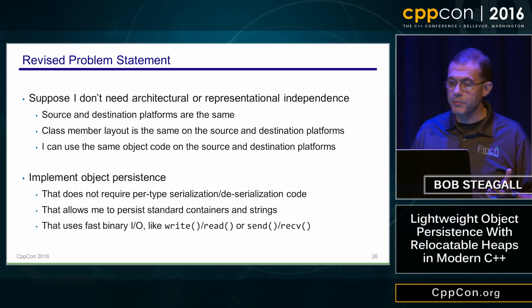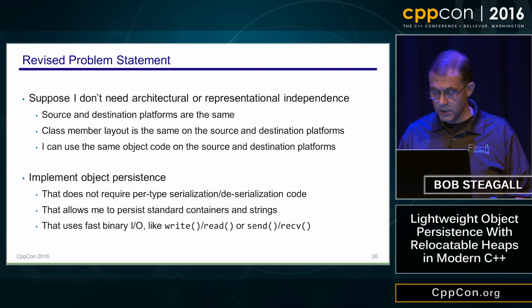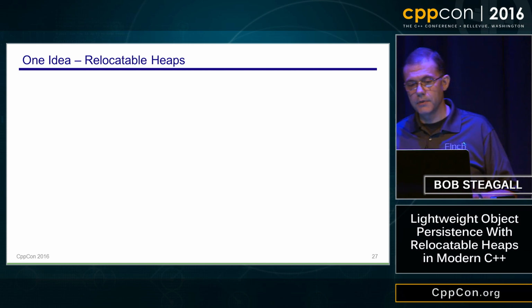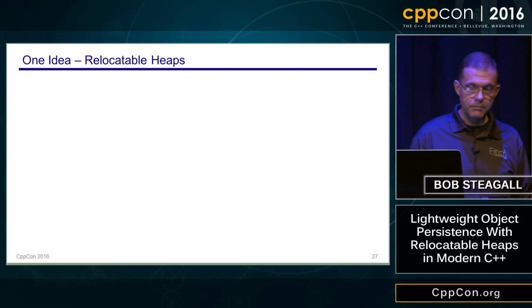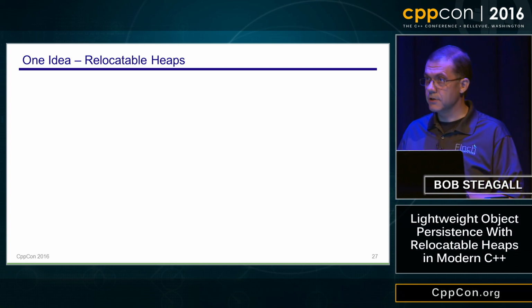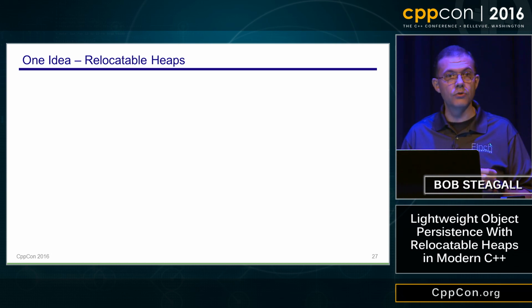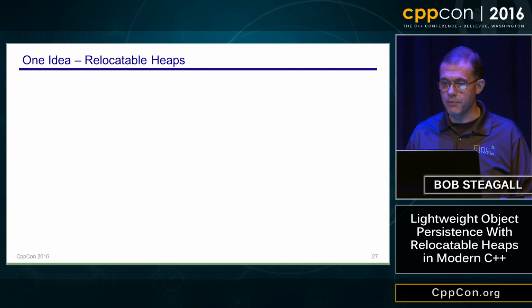I can save an array of PODs to disk or send it over the wire, and if I'm careful about what I put in it and how I interpret it, everything will work just fine. But I want to work at a slightly higher level than plain old data structures. So here's an idea. How about a relocatable heap? I usually think of the heap as being a magic black box. I ask it for some memory, and if the planets are aligned and the gods are willing, a small window into that box opens, revealing a chunk of memory that I can use for a while. When I'm done with that memory, I hand it back to the box and the window closes.